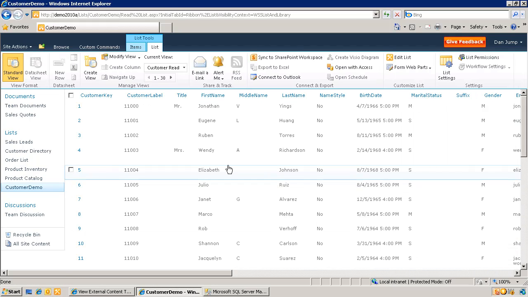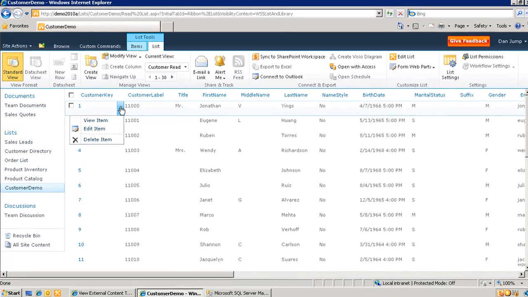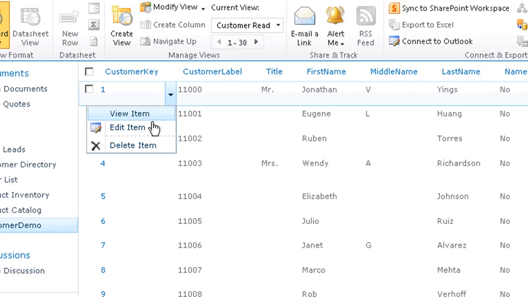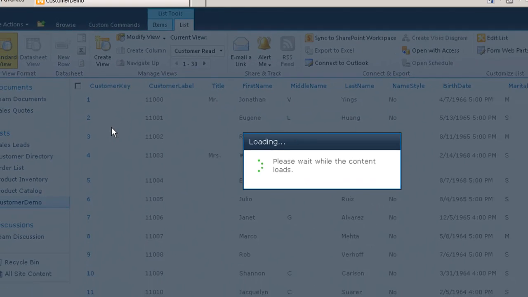And here we have the data from the customer table in Contoso database in SharePoint displayed as a list. As you can see, an external list is similar to a regular list. The main difference is that the data for an external list is not stored locally. If we bring up the context menu for one of the items, what we see here are the operations that are defined by the external content type on these items. I'm going to pick the edit item here,